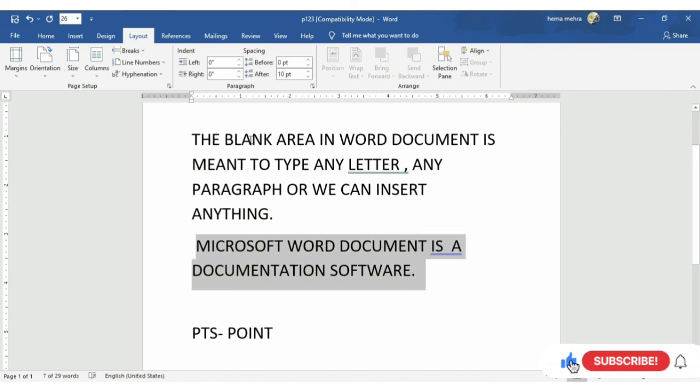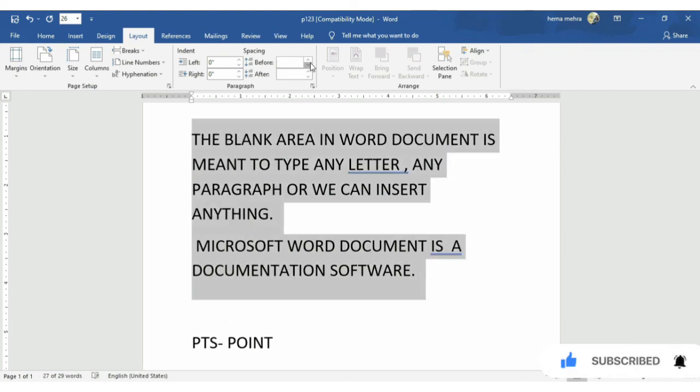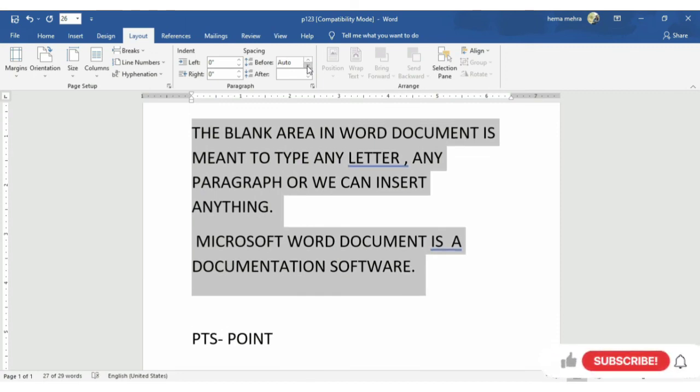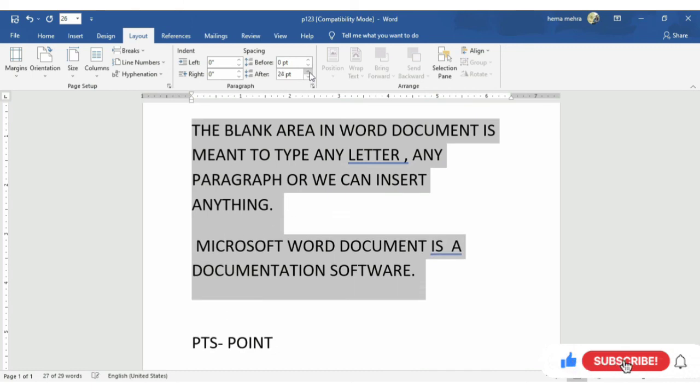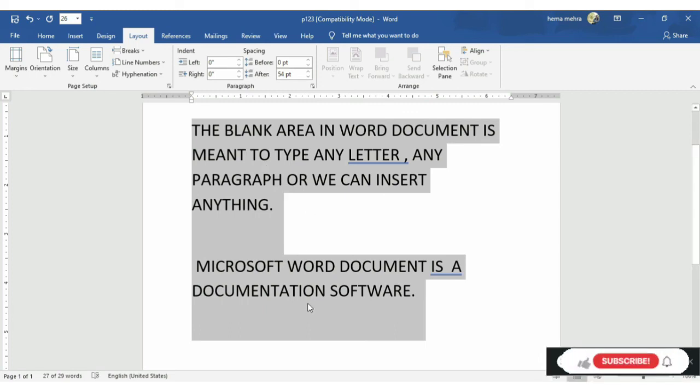If I increase the space between the first and second, I have to increase the After value. Now you can see how we can increase the space between the first paragraph and the second paragraph.